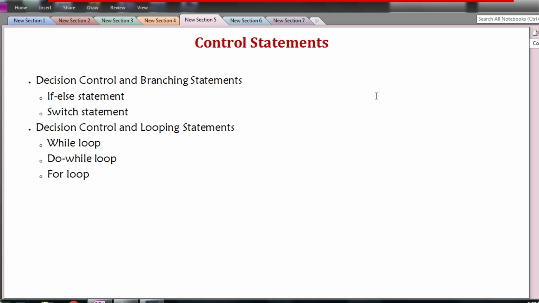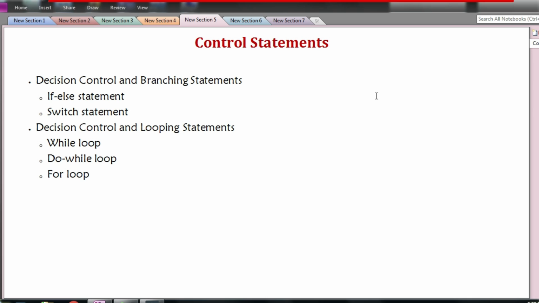So what is a control statement? The flow of execution of any program is always sequential, meaning the instructions will be executed one by one. Each and every instruction will be executed. And sometimes we will be in a situation wherein we don't want to execute all the instructions. We will have to check some condition. Based on the validity of that condition, we might have to decide which set of instructions to execute. Suppose this condition is true, I want to execute this set of instructions. Suppose the condition is false, then I would like to execute some other set of instructions.